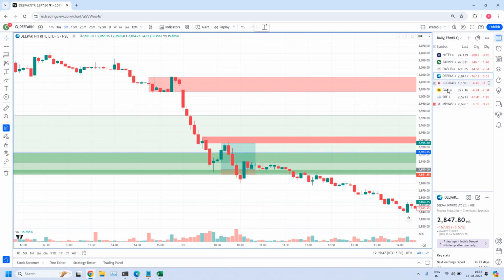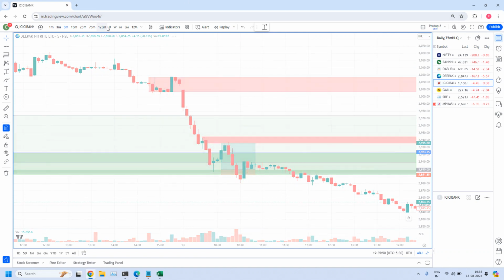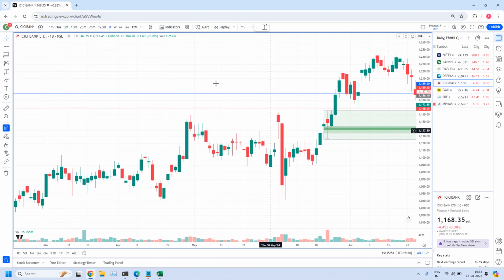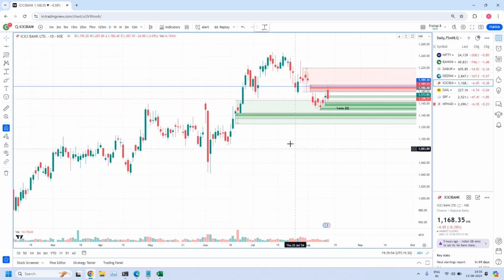And the next one is ICICIBANK. This is also a daily zone, and here we have two trade opportunities: one is a demand zone and another one is a supply zone. Yesterday I told you in the report video, because the report is only for premium subscribers at present, that you should look for opportunities in both the demand zone and the supply zone, because ICICI is moving between a high liquidity demand zone and a high liquidity supply zone.